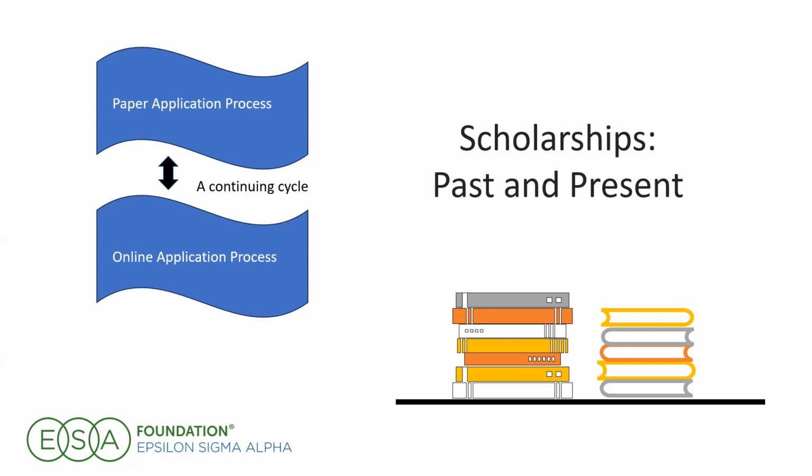I would sort the applications by state and send them to the regionals for the first review. Then they would mail them back. And then I would sort them again by scholarships and mail them out again to the coordinators, who would do a final review and send them on to the judges. And once again, when the judges completed their process and winners were chosen, they would mail them back to me. So you can see this was a lot of mailing and waiting.